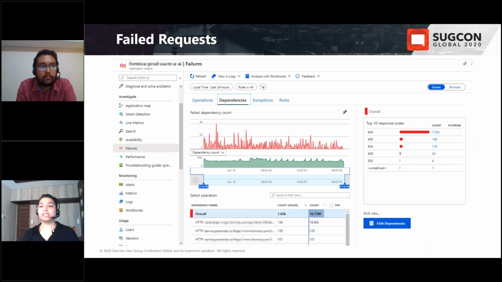Application Insight also records failed request information. It also records associated failed calls to dependency services like SQL, Solr, etc., or any HTTP service. And you can further analyze this information to dig into the real cause of the issue, like we viewed for the slow request diagnostic in the previous slide.